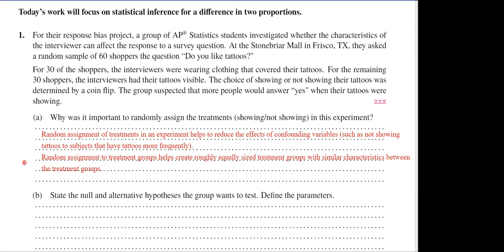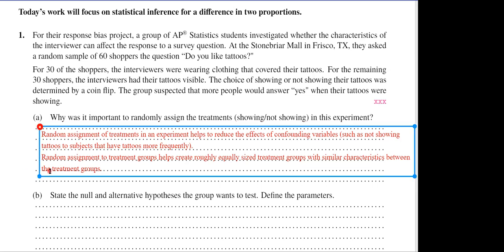Also, random assignment to treatment groups in experiments helps create roughly equal sized treatment groups with similar characteristics between the treatment groups, which also helps to control for those lurking variables, which helps to reduce confounding. Okay? Now,